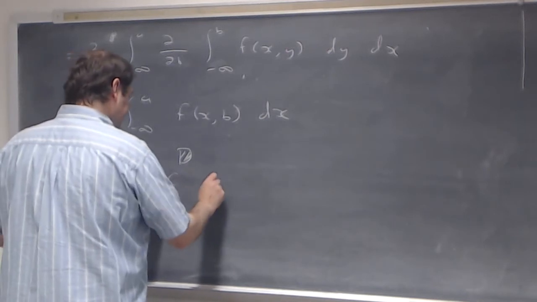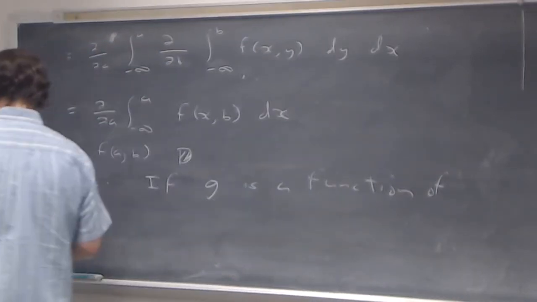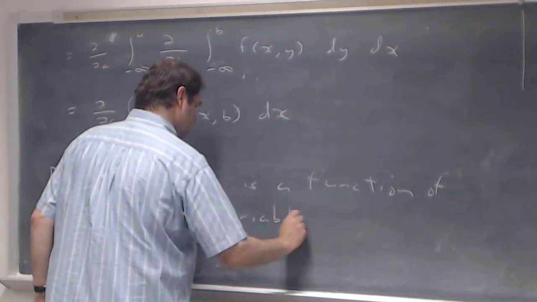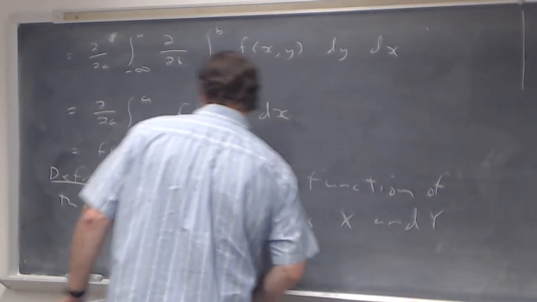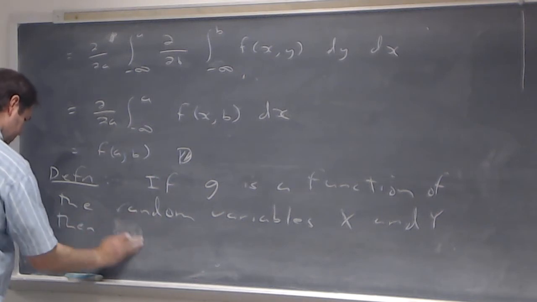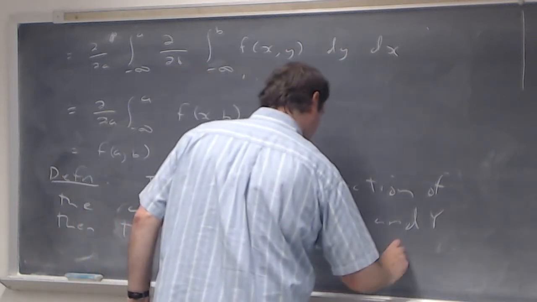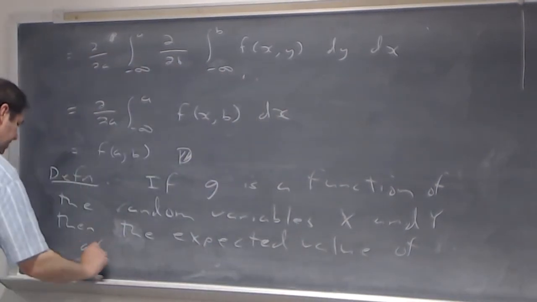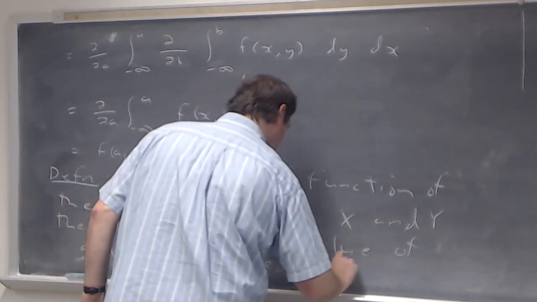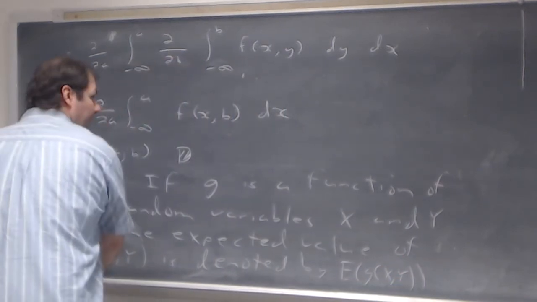If g is a function of random variables x and y, then the expected value of g of x, y is denoted by the expected value of g of x comma y, and it's going to be given by